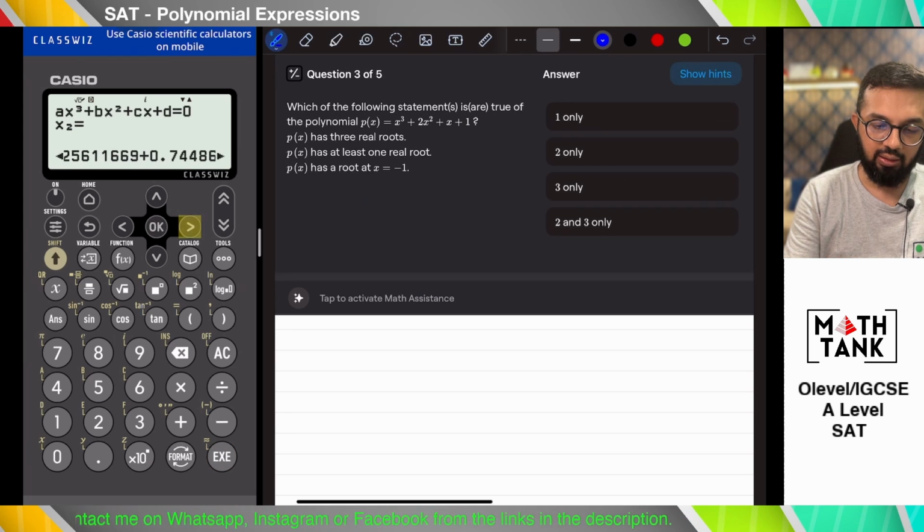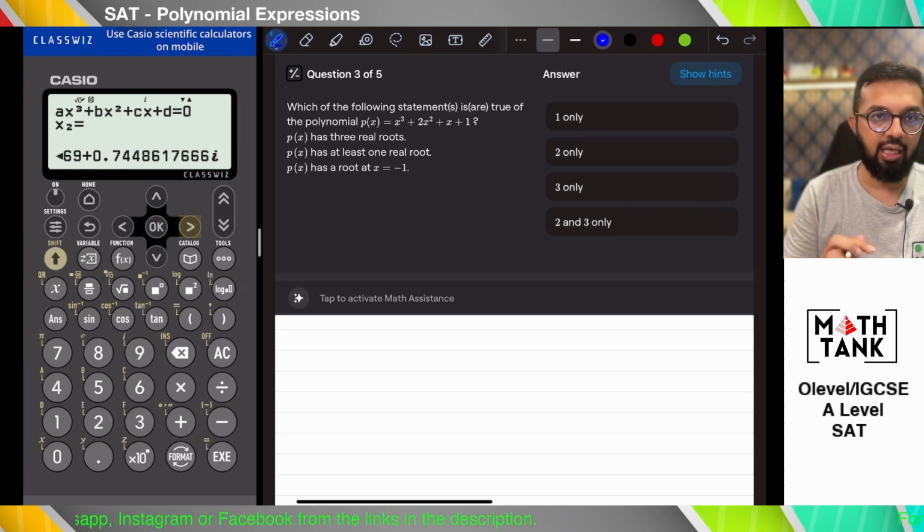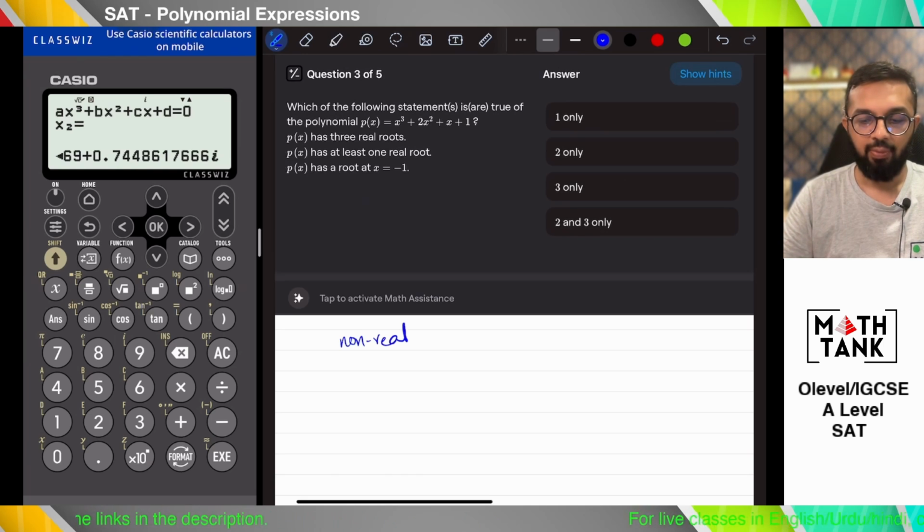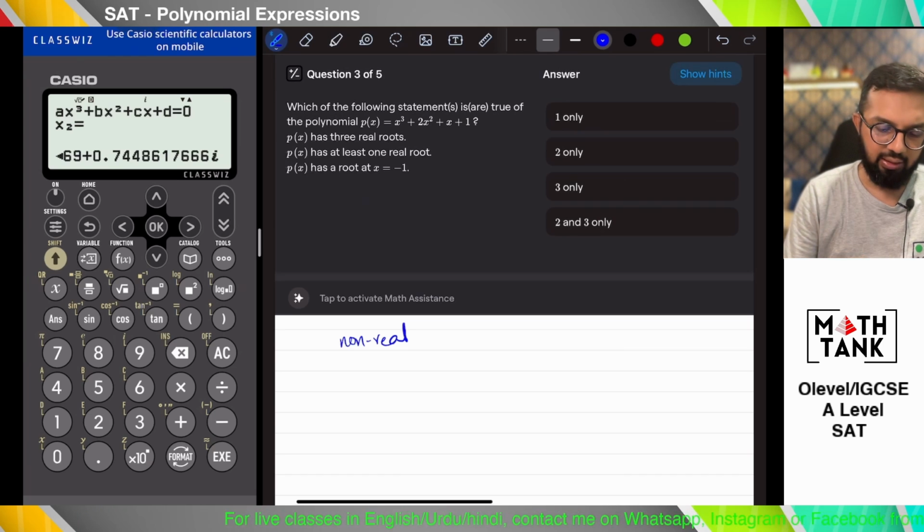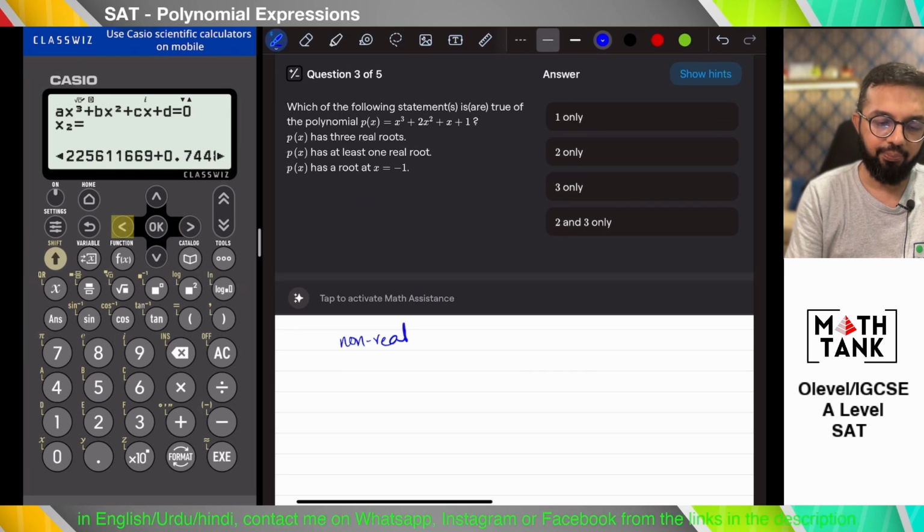and what is it giving me? This is giving me an i at the end, which means that this is non-real or a complex root. So it has a root at -1. We'll have to check if the other root should also not be real then. So it has one real root,